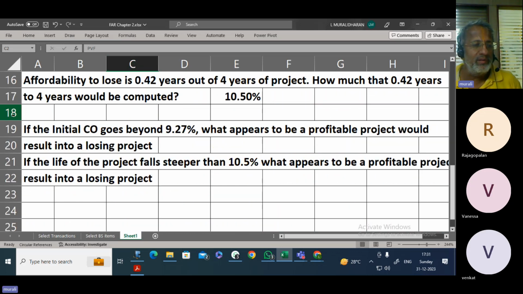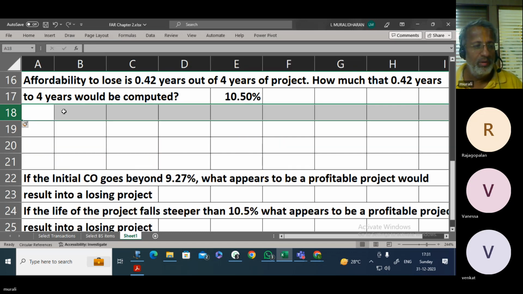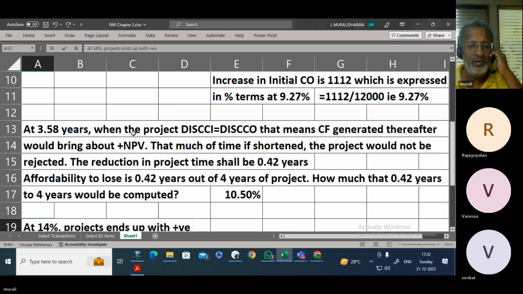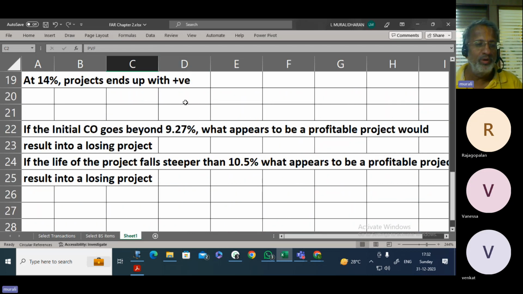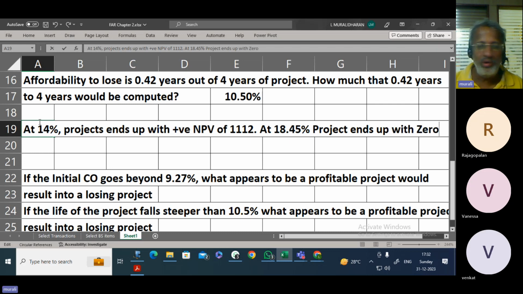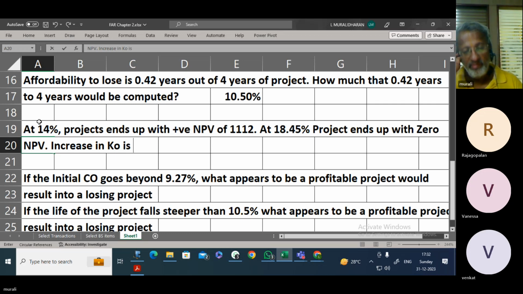So I can write my own statements in this fashion. At 14%, the project ends up with positive NPV of 1112. Correct? At 18.45%, the project ends up with 0 NPV. So the increase in Ko is 4.45%,